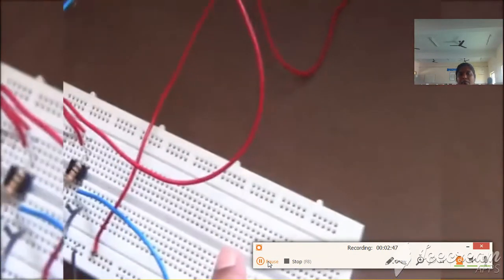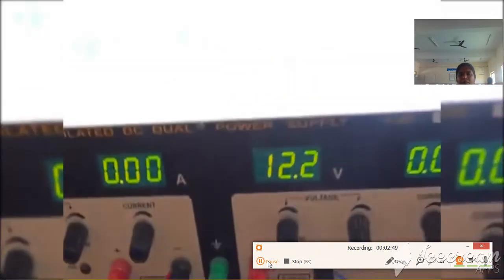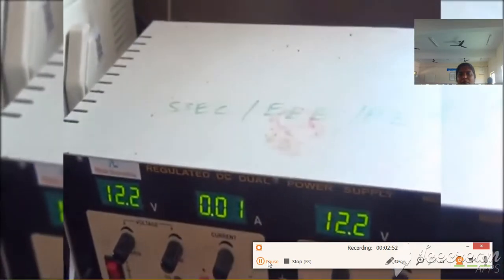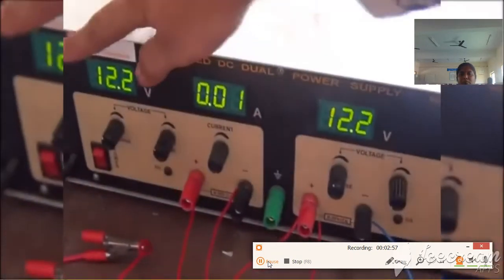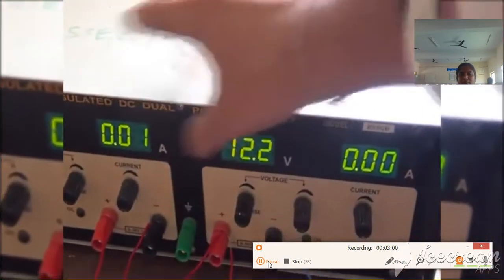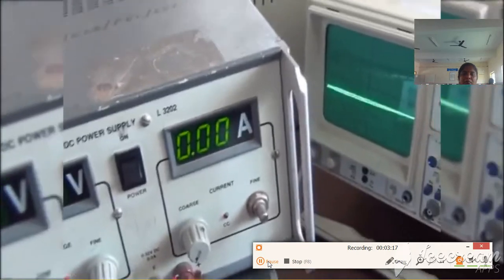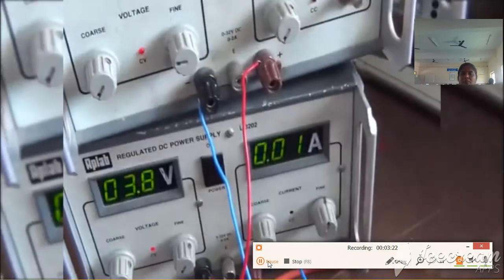To make this circuit work, I need to give the biasing voltage. The biasing voltage is given through a separate RPS, plus VCC and minus VEE. So it is your plus VCC and this is your minus VEE. Plus VCC is connected to pin number 7 and minus VEE is connected to pin number 4. When you connect the circuit according to this circuit diagram, I am going to view the output in channel 2. Here there is no need of viewing the input because we are giving the input voltage from the RPS, and it is a digital meter, so you can directly view what voltage you are giving from this RPS.